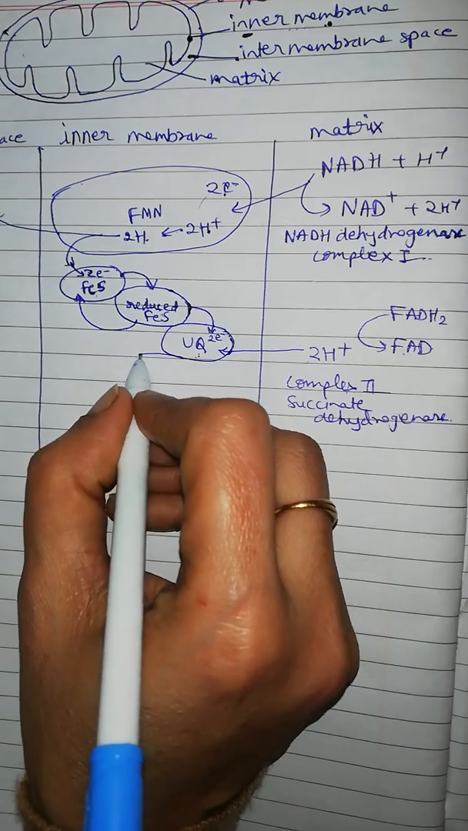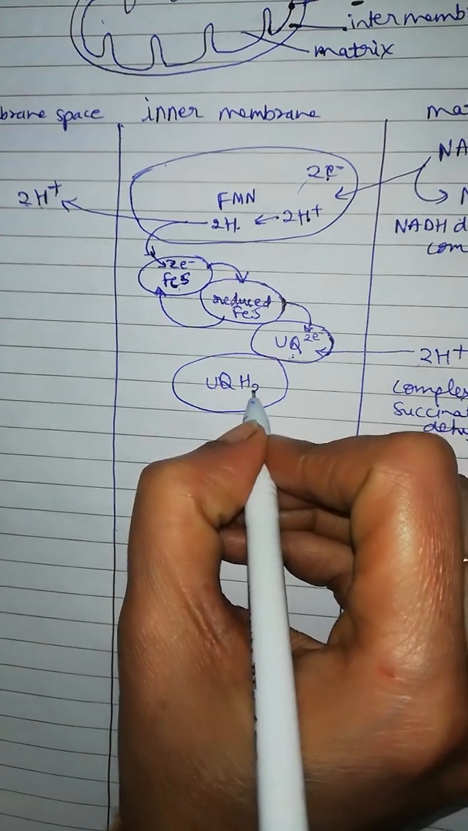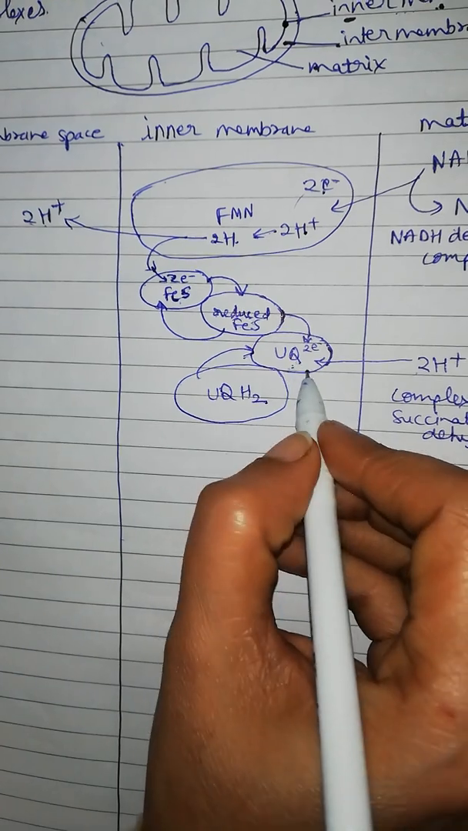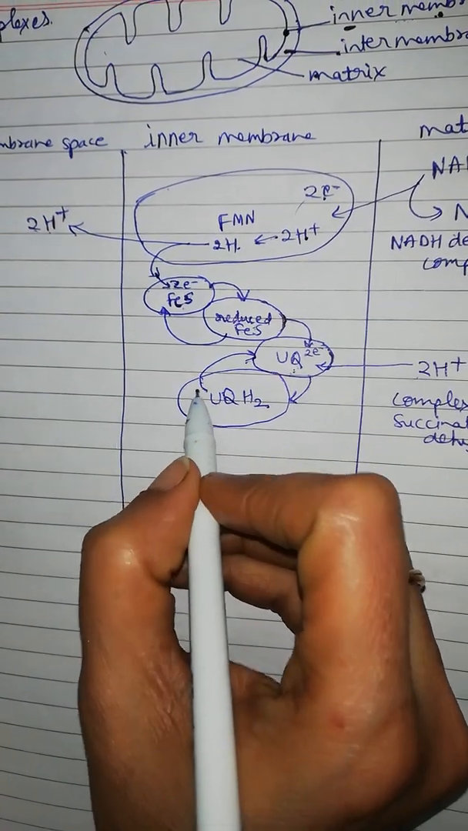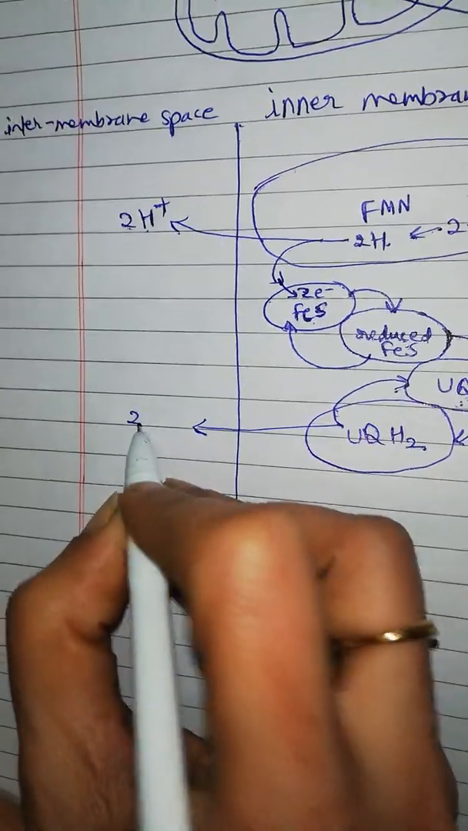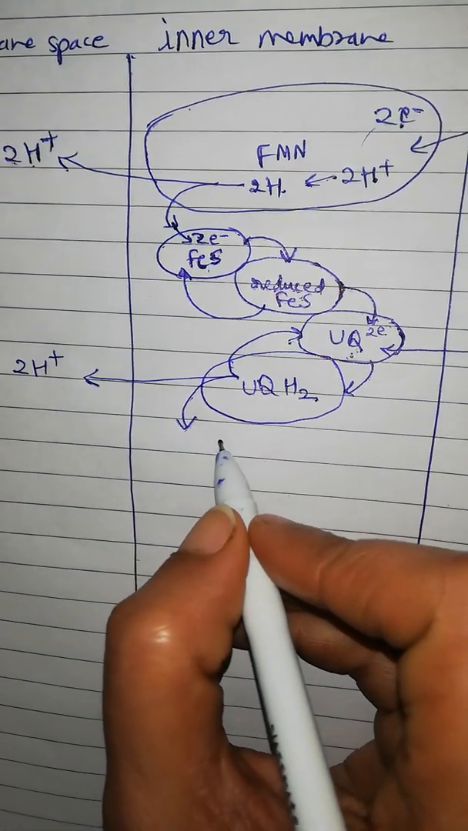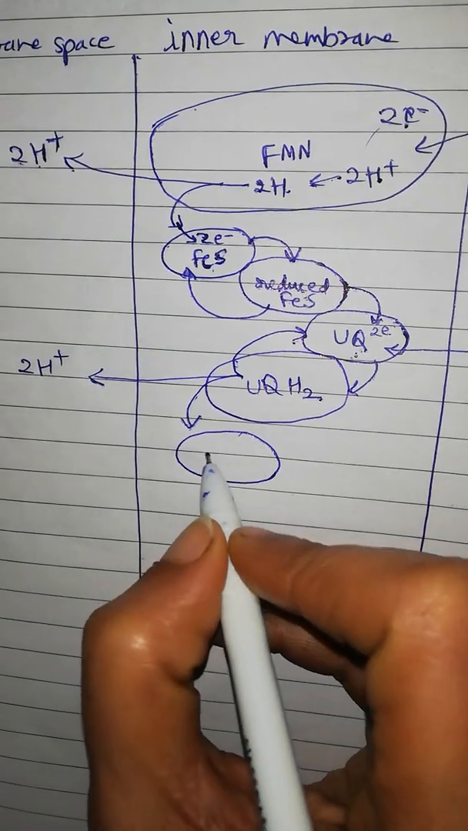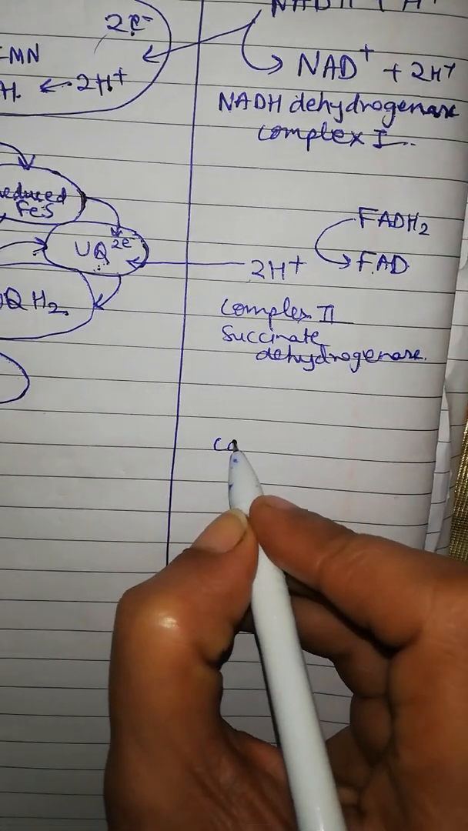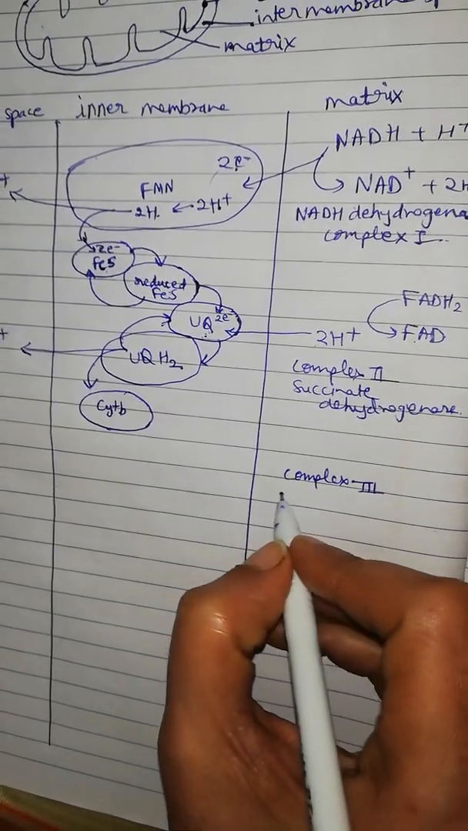Now this ubiquinone becomes ubiquinol. This ubiquinol gets reoxidized to form ubiquinone, and in this oxidation process it transports hydrogen ions into the intermembrane space and electrons are given to cytochrome B. Cytochrome BC1 is complex 3. Complex 3 is the cytochrome